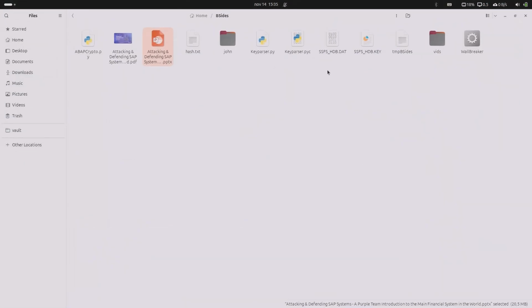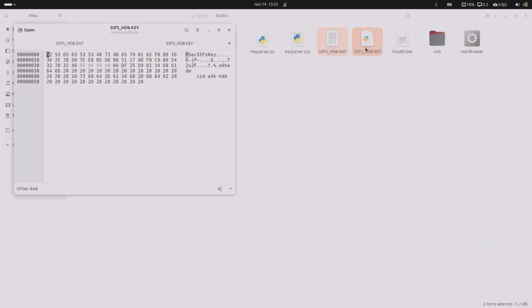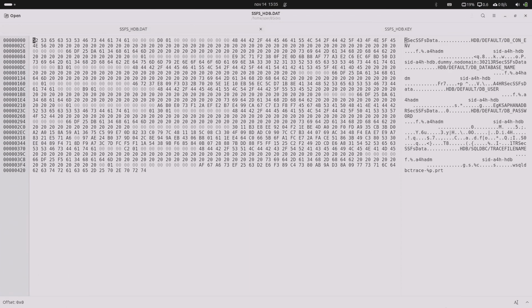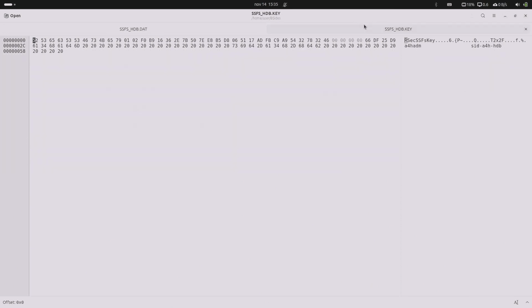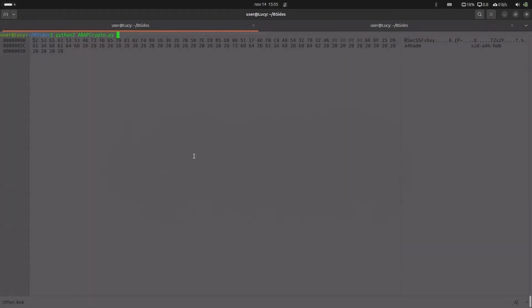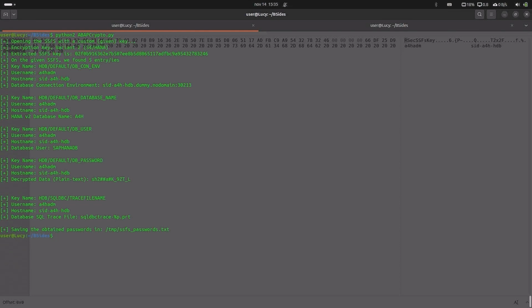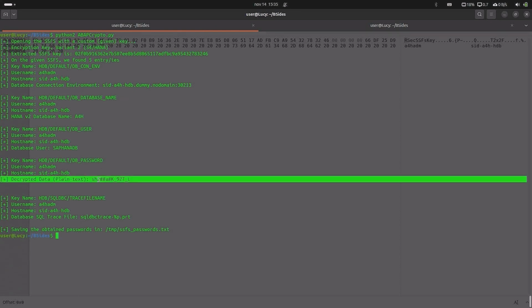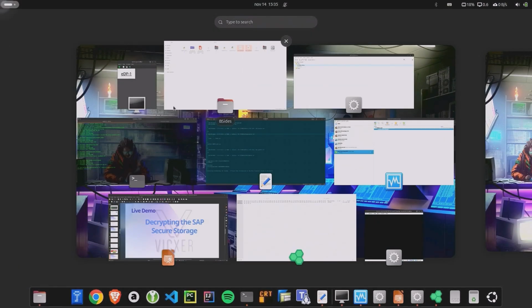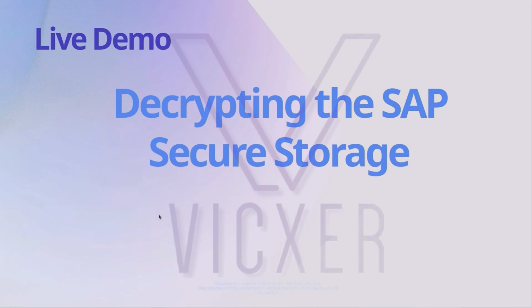And first, I want to show you here that the files are not empty, they're completely encrypted. You don't see the password, you just see random strings that SAP uses as eye catchers, and then the custom encryption key. So we take this, we have the algorithm, we know how to decrypt it, boom. Look at this. You have the full connection to the database, the port, the seed, the name of the database, the user, and the password immediately. If there were more secrets, you would also get them. For this example, it was just the database connection.